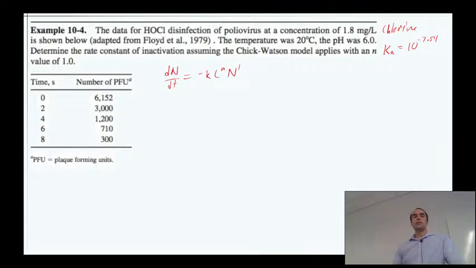Those are our constants, times N, first order to the 1 power. Okay, and so this data here is collected. It doesn't give us much information, so I think it's safe to assume this would be in a little batch container, in a petri dish or something, a beaker, to test it, and we gather some data from it. Okay, so the task here is to go from the data to the rate constant. So give it a little bit of thought.